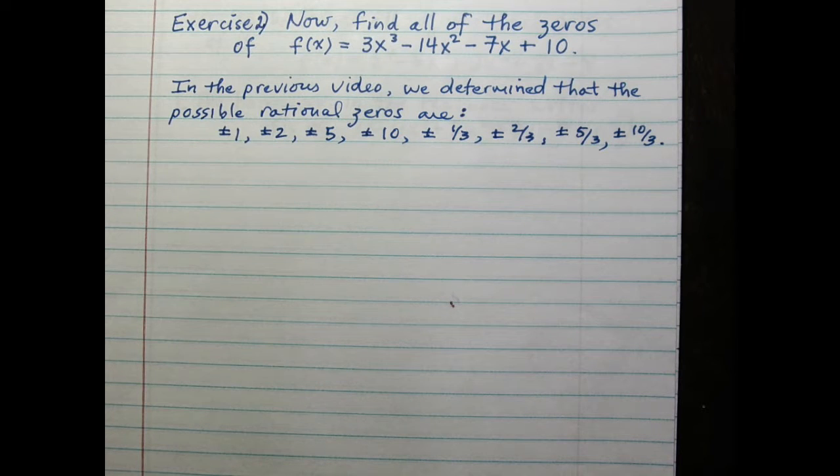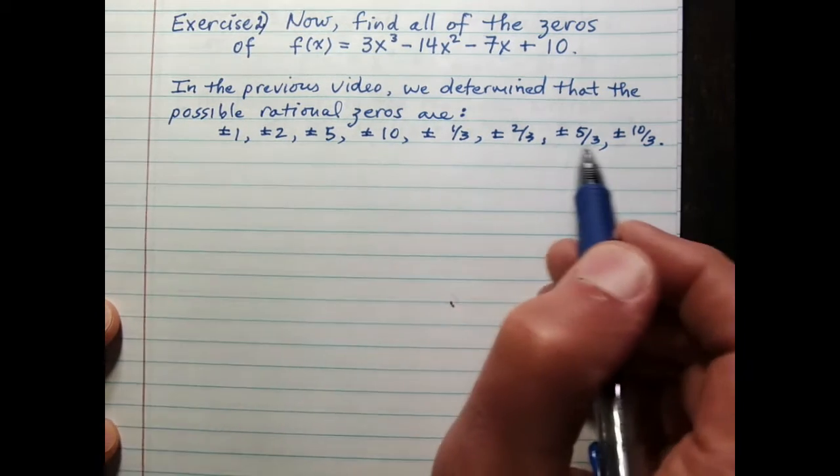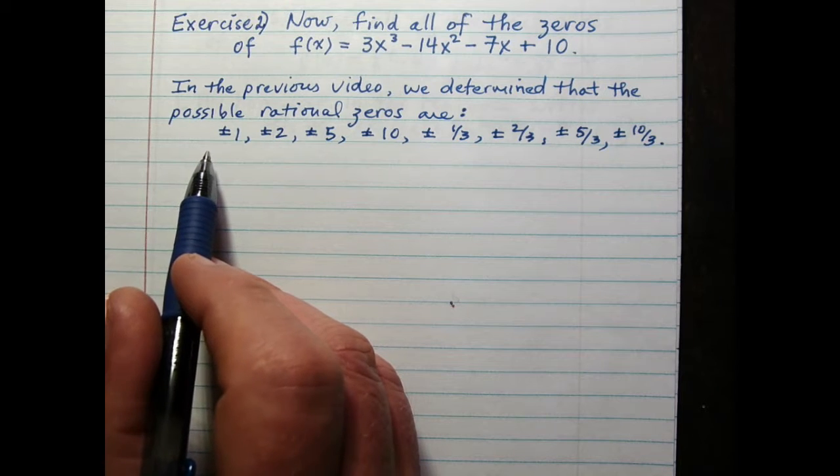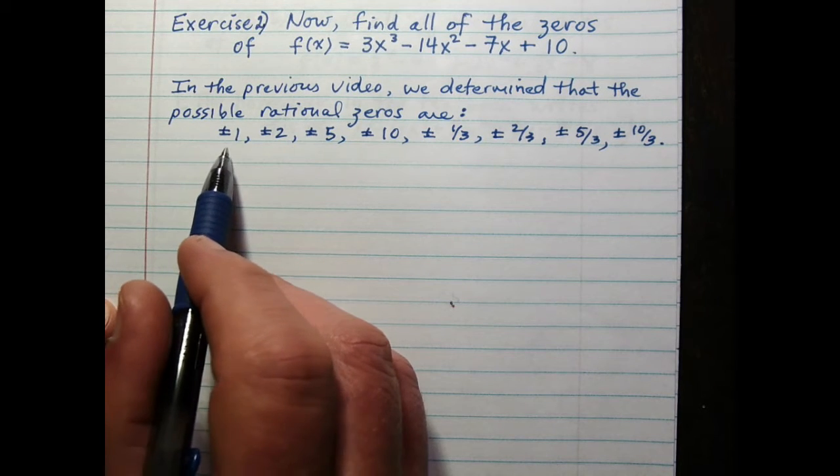We're now going to continue to look at the polynomial f of x equals 3x cubed minus 14x squared minus 7x plus 10. And we're going to find all those zeros. Now, in the previous video, we determined the possible rational zeros, and we got this long list. I won't read off all those numbers. And it seems like a lot of possibilities, but